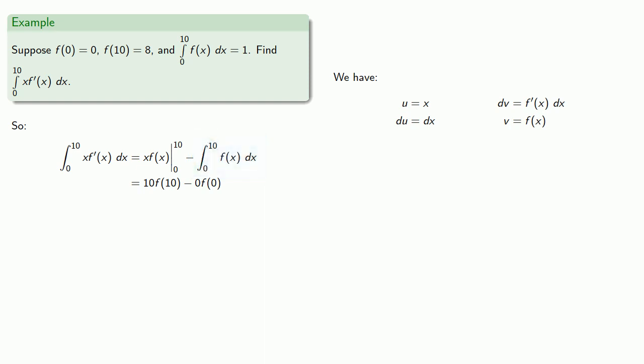But how can we possibly find that when we don't know what f of x is? If only there was some way of knowing the value of this integral. What can we do? Oh wait, right here. And we need the value of f of 10 and f of 0. Well, it's being multiplied by 0, so we really don't care. But the values are going to be